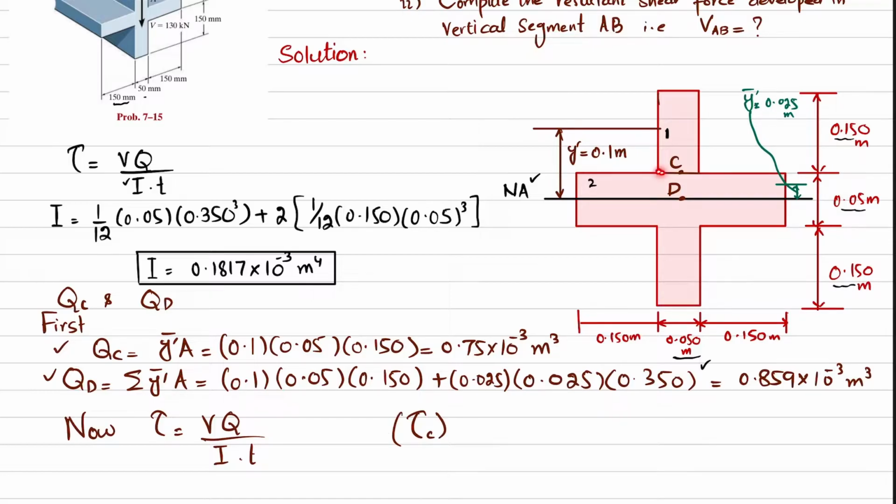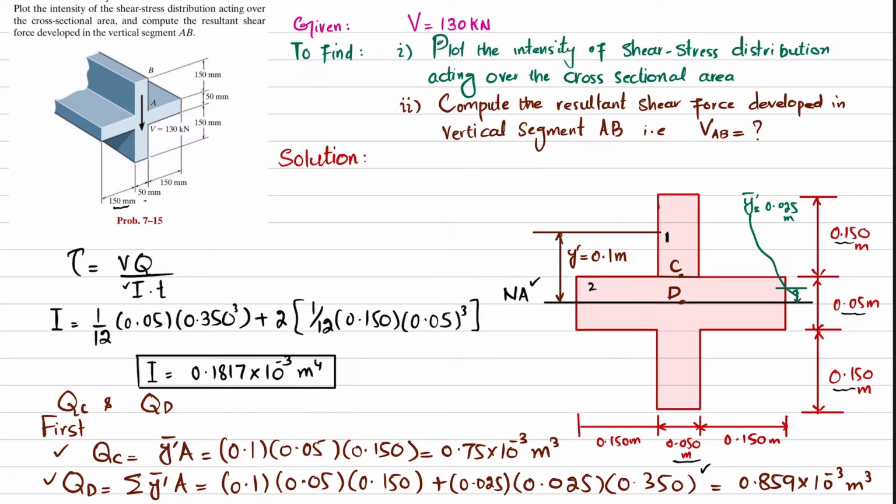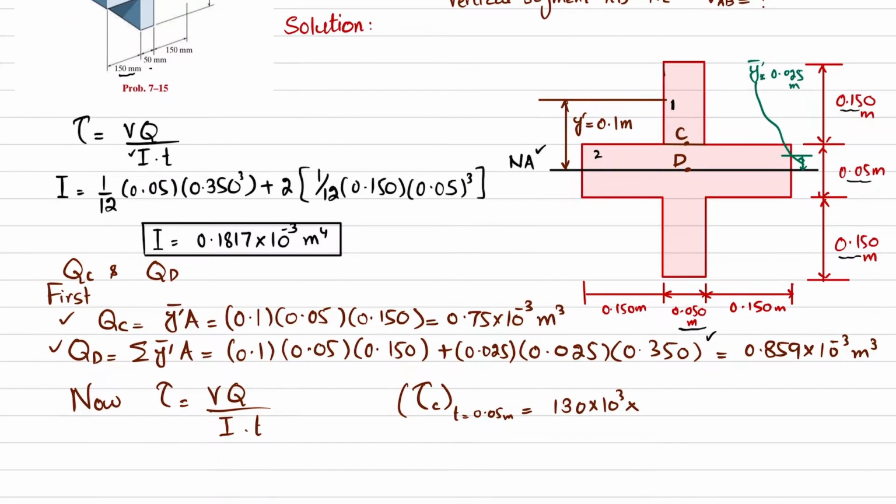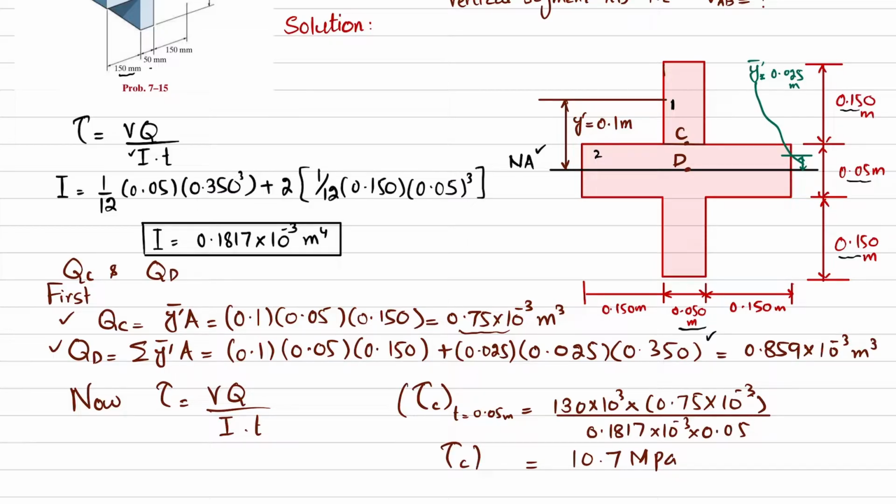At point C, you can see there are two thicknesses. One is 0.050 and the other one is this hole. So we will find for both. So for thickness 0.05 meter, it will be equal to shear force. Shear force is given as 130 kilonewton. So 130 into 10 raised to power 3 into Q for C, which is 0.75 into 10 raised to power minus 3, divided by I, which is again 0.1817 into 10 raised to power minus 3, and thickness is 0.05 meter. So when you solve this, you will get shear stress is 10.7 megapascal. So this is shear stress at point C due to thickness